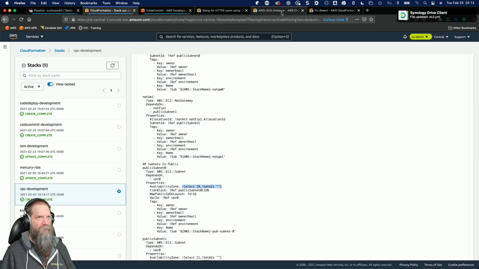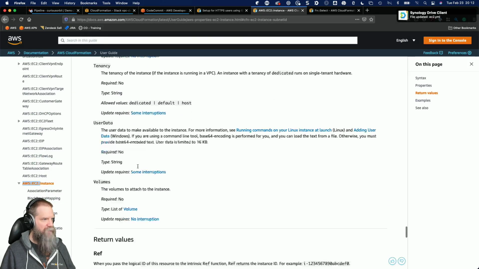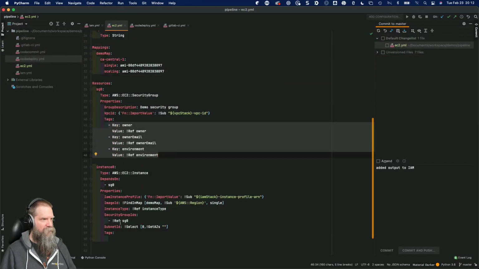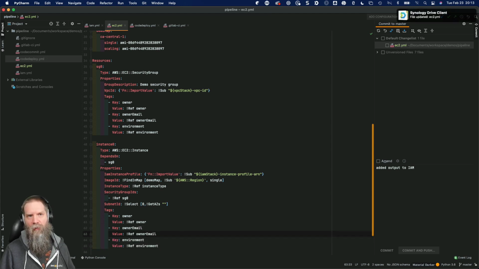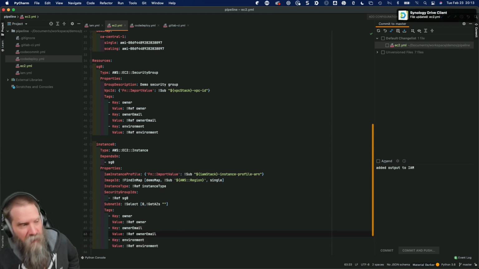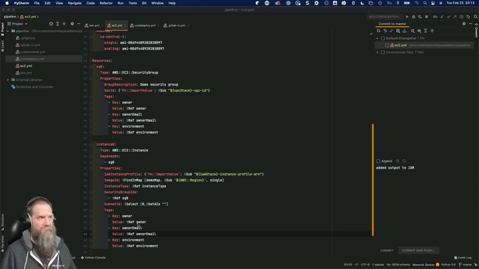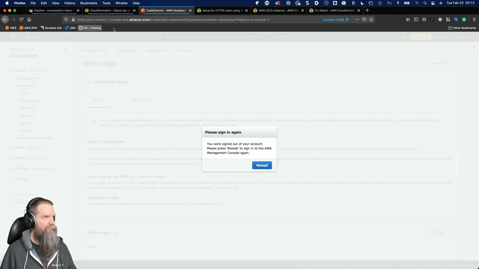We'll go back over to here. Tags, tenancy, user data, volume. So really all we need is tags, and we'll just borrow from up here. Okay. Now, if you recall, we set up a tag set or a tag group for our deployment configuration. So I need to add those tags, otherwise this won't act as a target. Okay, so we need to find that, and we can do that by going back over here,